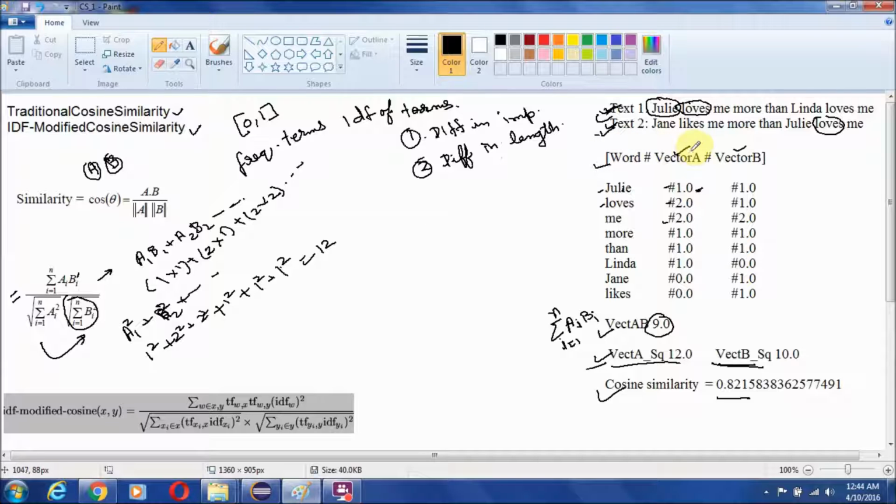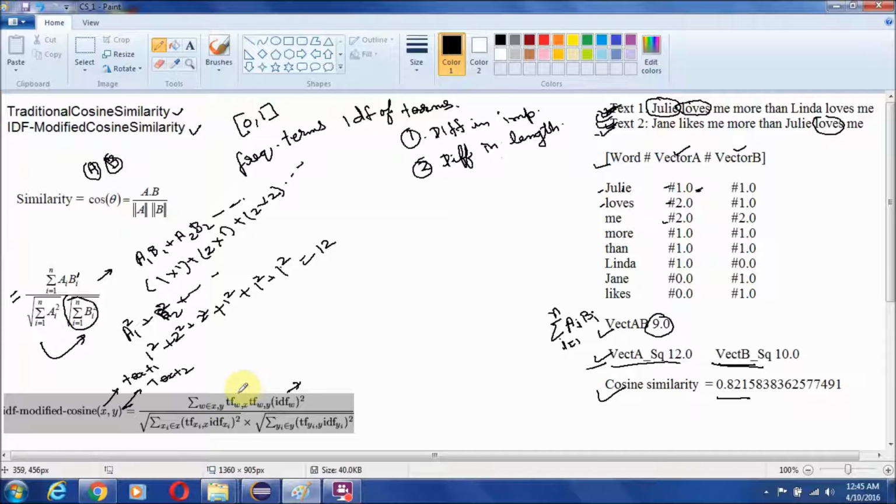So in this case, how to calculate the effective cosine similarity between two texts? Instead of just calculating the frequency of occurrences, we use inverse document frequency, and the modified form of cosine similarity is IDF modified cosine similarity. Here X represents text 1 and suppose Y represents text 2.